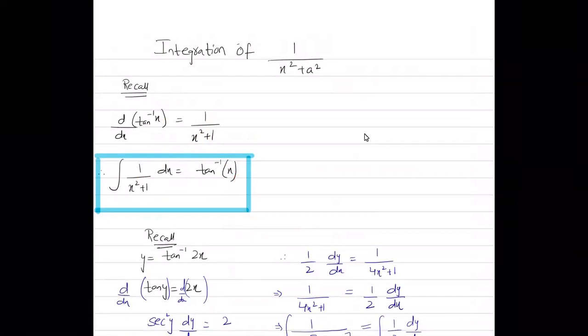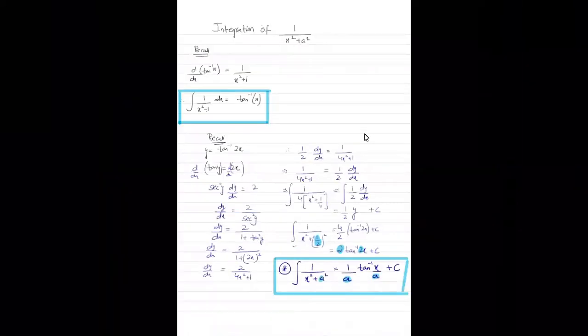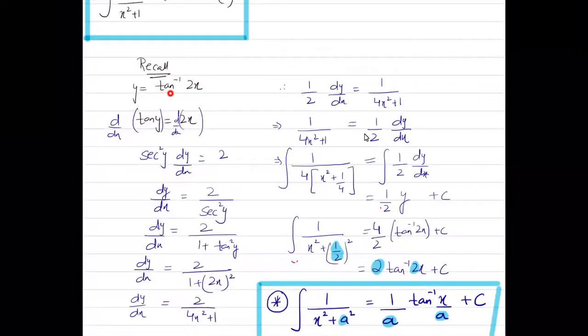Yes. Okay. Now, extend this rule to a question in which you have tan inverse of 2x. So if y is equal to tan inverse of 2x, then I can say tangent of y is going to be equal to 2x. If I take the derivative on both sides, the differentiation of tan y is going to be secant square y times dy by dx, implicit differentiation. The differentiation of 2x is going to be 2, right?